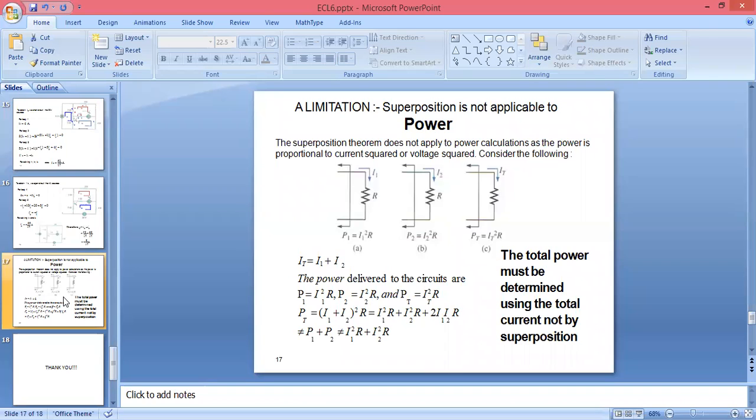So superposition theorem does not apply for the power calculations. Power calculations will be proportional to the current square or a voltage square. We cannot use superposition